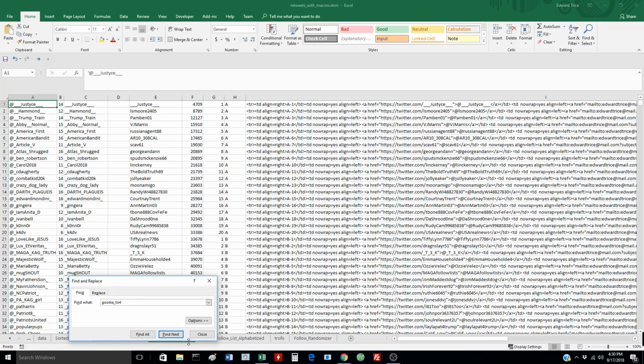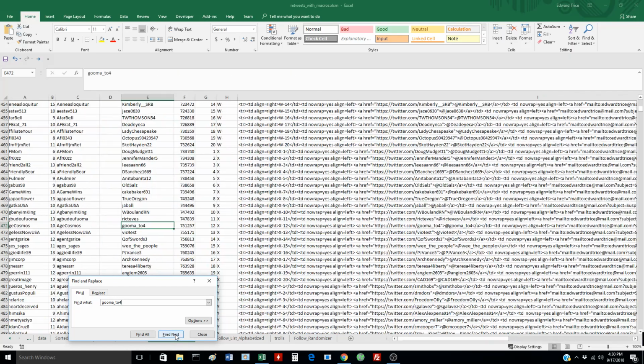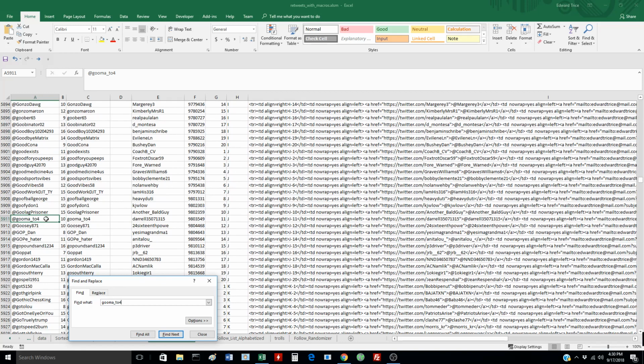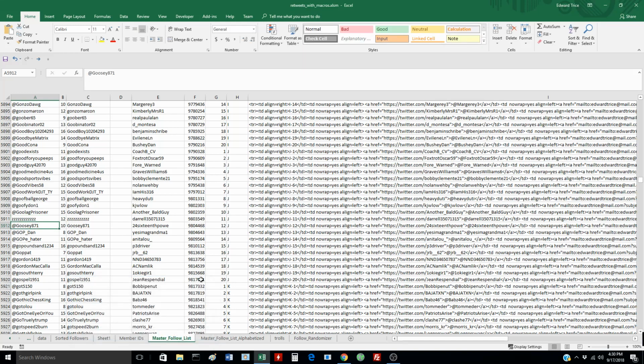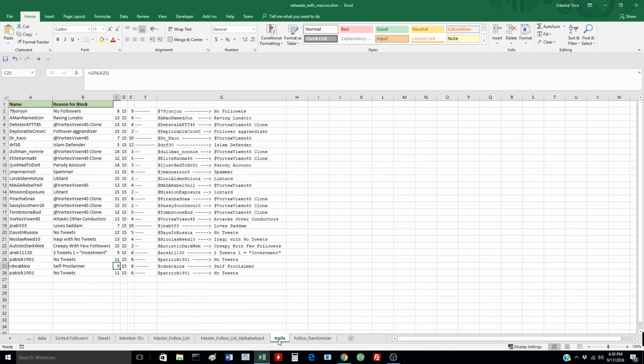Now this is the weakest function that I perform, just removing them from the list. That's different from, I want to show you something else I do. I have this page here called trolls. These are the account names of people you have identified that the group needs to know, hey, block it.